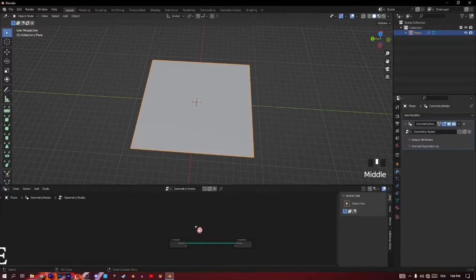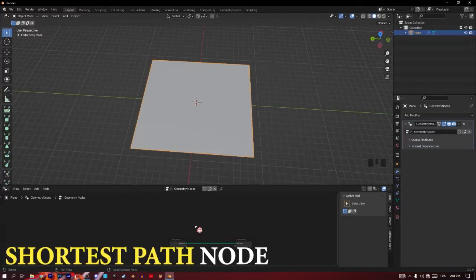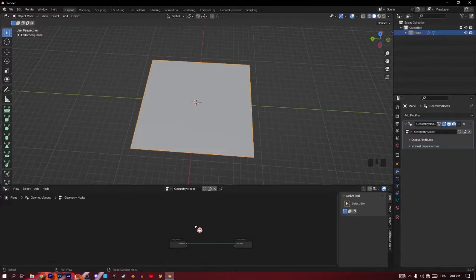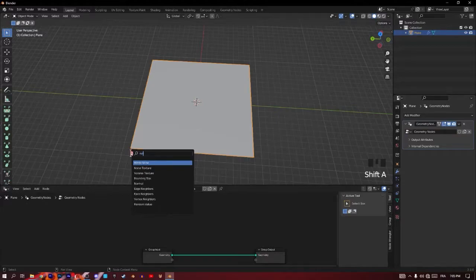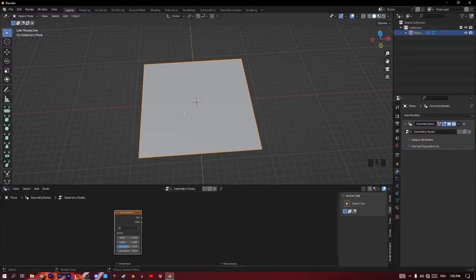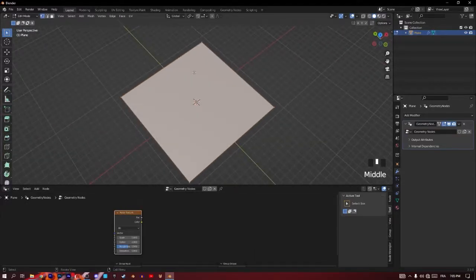I will talk about this new Shortest Paths node. This new node, it's really helpful guys and makes really beautiful animations and stuff. That works with EEVEE and Cycles. Okay, now let's make something beautiful. Shift A and add noise texture. Press tab to go to edit mode and make sure you subdivide this plane